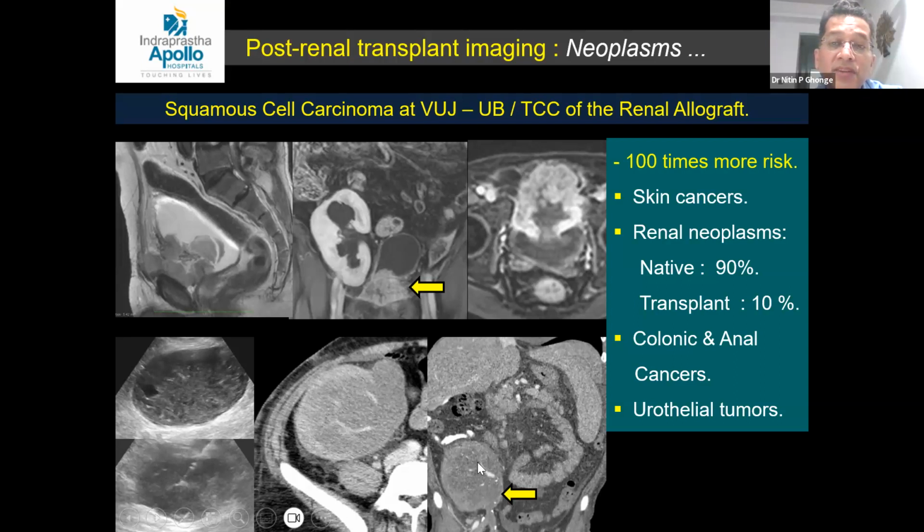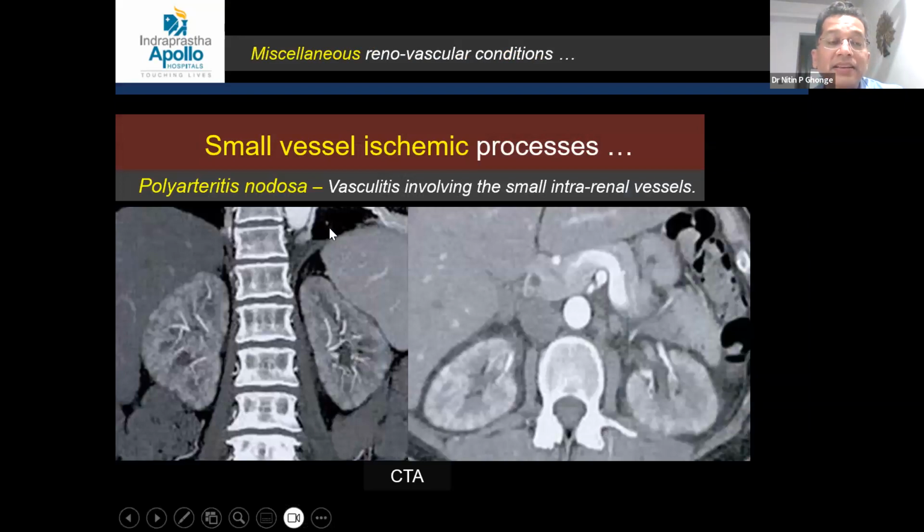This is because of the TCC of the renal allograft. Then multiple other conditions, including vascular conditions like polyarteritis nodosa, can be diagnosed on CT like this. Abnormal appearance. You look at the corticomedullary interface, which is all completely poorly defined. You can see multiple poorly defined areas of abnormal hypoenhancement. This is a small vessel vasculitis of the kidney on both sides, which is because of the PAN or polyarteritis